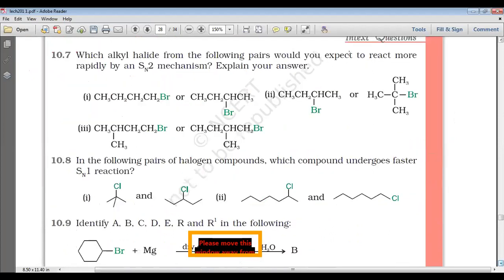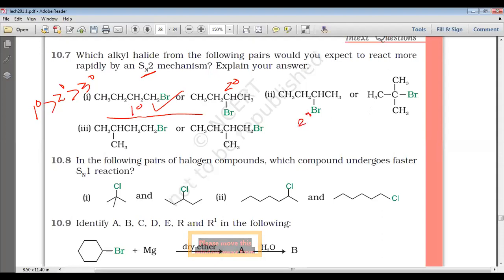Now when we look at the in-text question, my dear students, we can solve it very easily. Here we need to find the one more probable for the SN2 mechanism. We know that for the SN2 mechanism the preference is primary, then secondary, then tertiary. So primary undergoes SN2 very easily. Out of these two, this is secondary, this is primary, and that is why this will be preferred. Here this is secondary, this is tertiary, so the secondary will be preferred. Here you can see that both are primary.